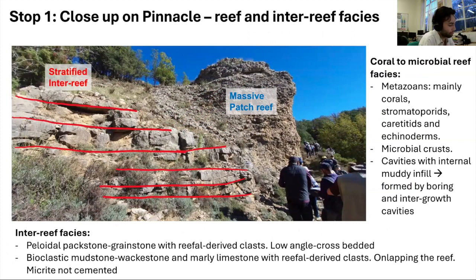There's also a lot of microbial encruster community on there, and by looking close up on the outcrop, you can see some internal cavities within the reef that got filled